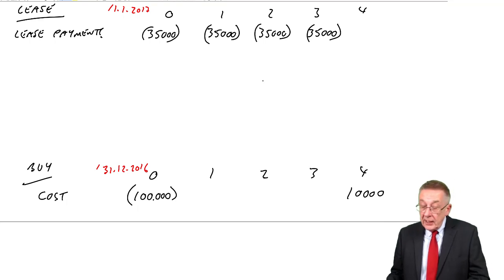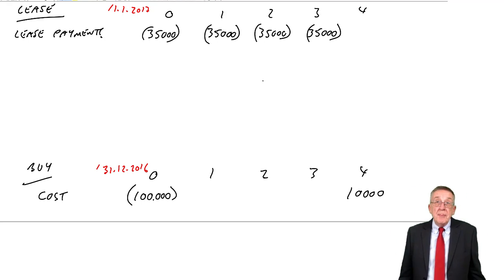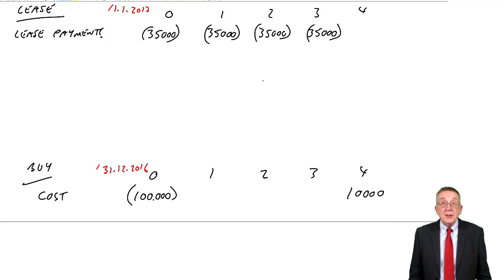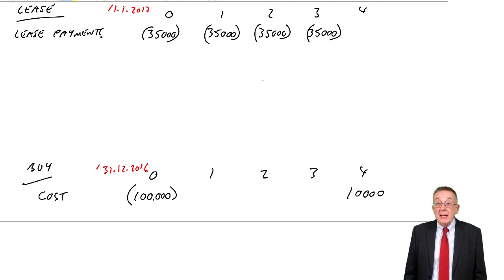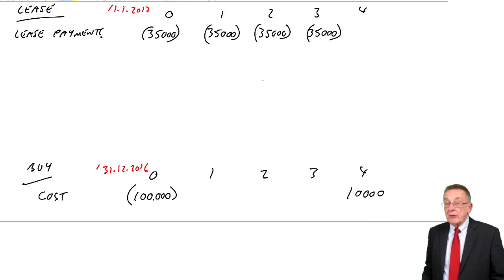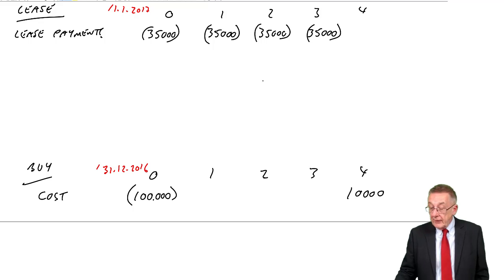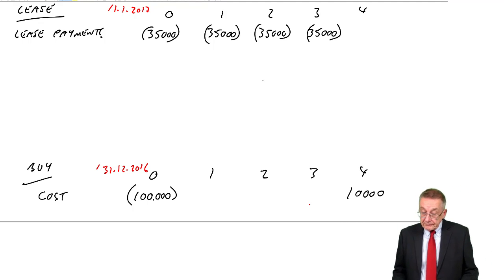There could be other flows, maybe if we buy it, we would have to pay repairs. Maybe if we lease it, we don't have to pay the repairs. No problem. If I told you, leasing, there were no other costs involved. Buying, you've got repairs of 2,000 a year. Fine. You'd stick in extra flows of 2,000 a year. However, where we need a bit more